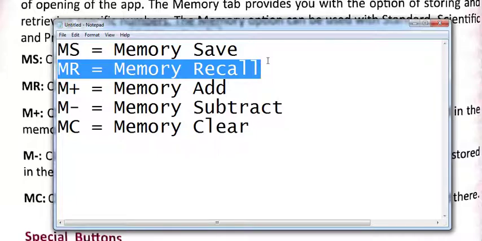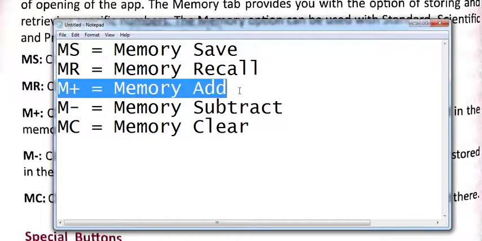MR means memory recall. It is used to retrieve the number which is stored in the memory. If we want to use or see the number stored in the memory, then we will use this MR button. Then M plus means memory add. This button is used to add any number to the number which is stored in the memory.